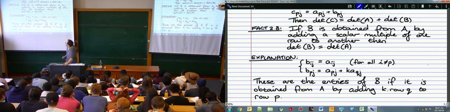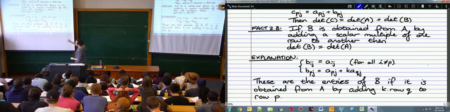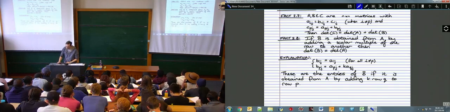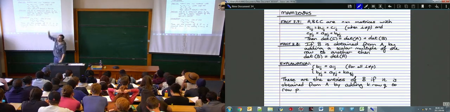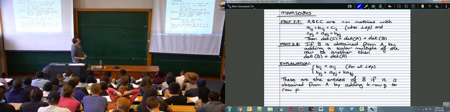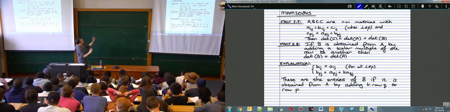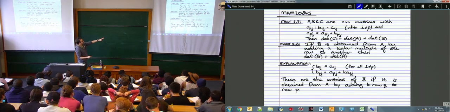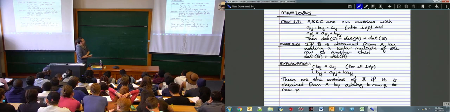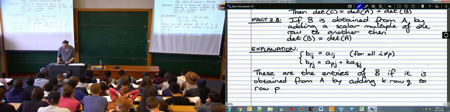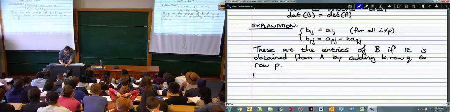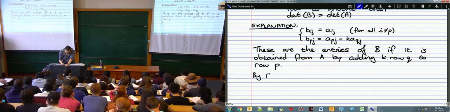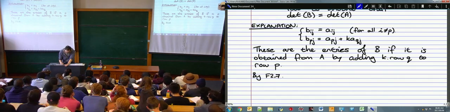Now we use fact 2.7. If you just take a look at what we have there, this over here seems to meet the requirements for fact 2.7. All the rows are identical except one row, and in that one row, it looks like the entries in this matrix are the sum of some things. So let's just think about what fact 2.7 says. Fact 2.7 says the following. By fact 2.7,